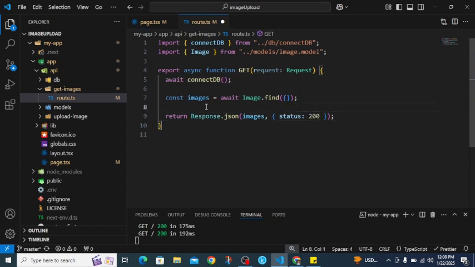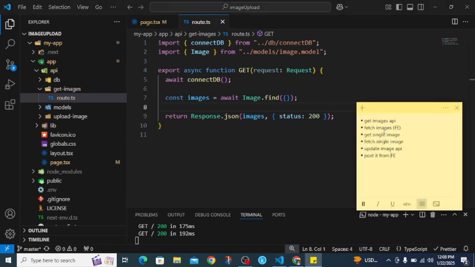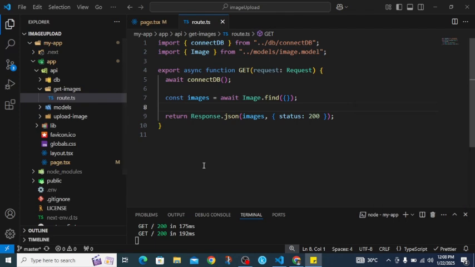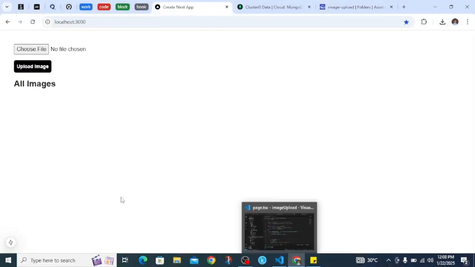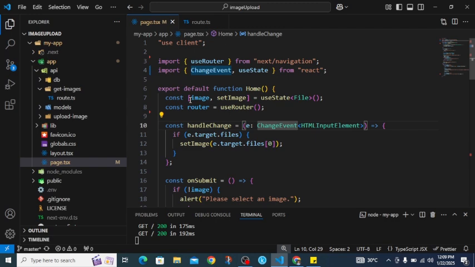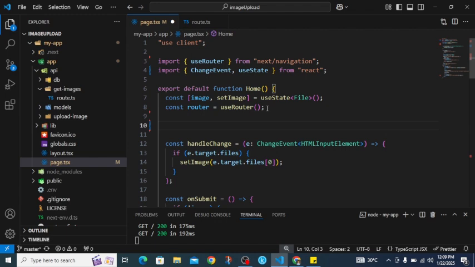Yeah, so after we're done with this get route handler, the next thing to do is to fetch the image in the front end. So we'll go to our home page. That is how we're going to fetch the image. So we need to get the images in our front end. This is what we have currently in our home page, all images. We don't have anything to show, so we're just going to fetch it now. To fetch it, we're going to use a useEffect. So let's come on top here and say useEffect,